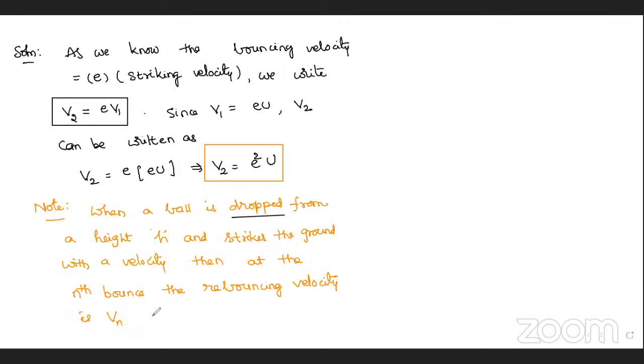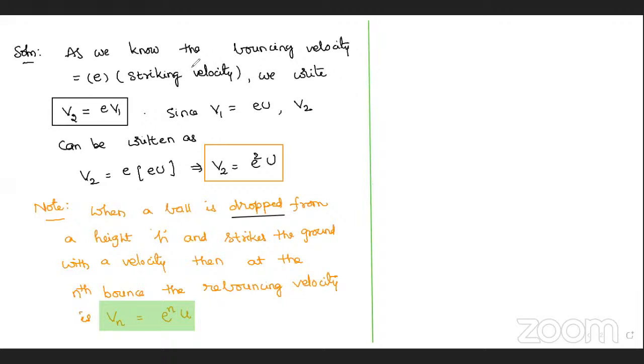is Vn is equal to e power n into u. That is the shortcut. Keep in mind, remember this formula for numericals. At the fourth bounce, directly you put e power 4 into u. At the 10th bounce, e power 10 into u. It will be very easy for you. And the next point here is